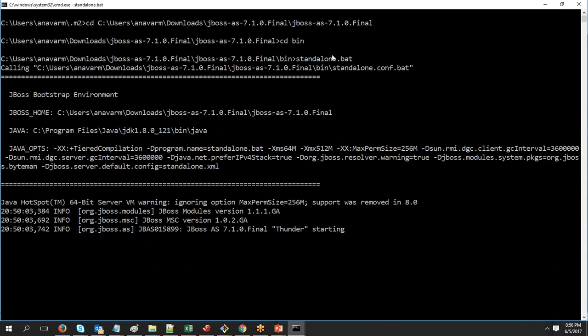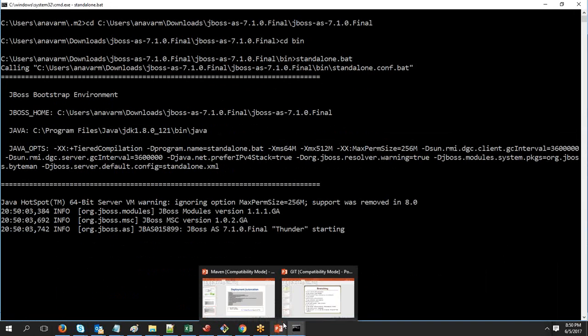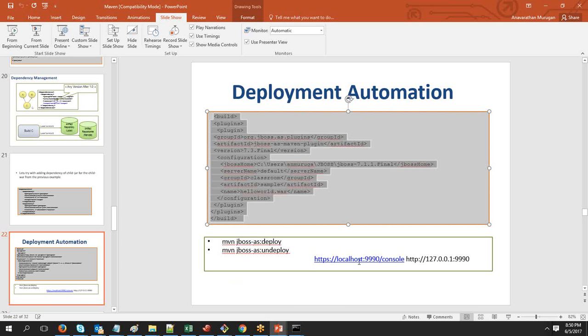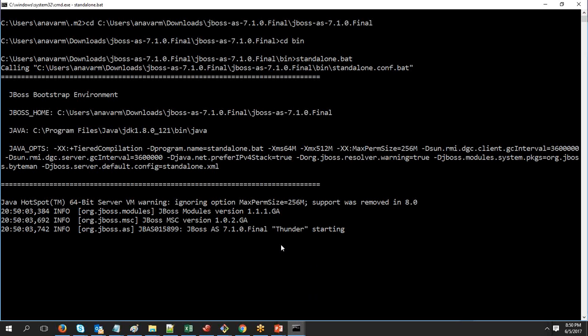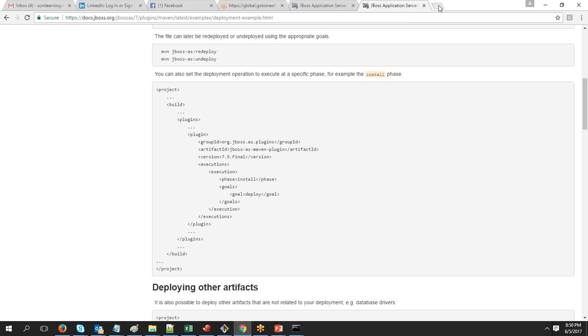Okay, now I just wait until it comes up, and once it is coming up, then you can go to the location of the machine that you have installed, wherein I have installed the JBoss on my machine itself. So if you go to the port number called 9990, you can directly access, as well as you can give this IP address, which is the default IP address any machine will be considering as the local machine. So if you can go to any one of them, you can see that the JBoss application server will be accessible. Okay, so now if I go here,